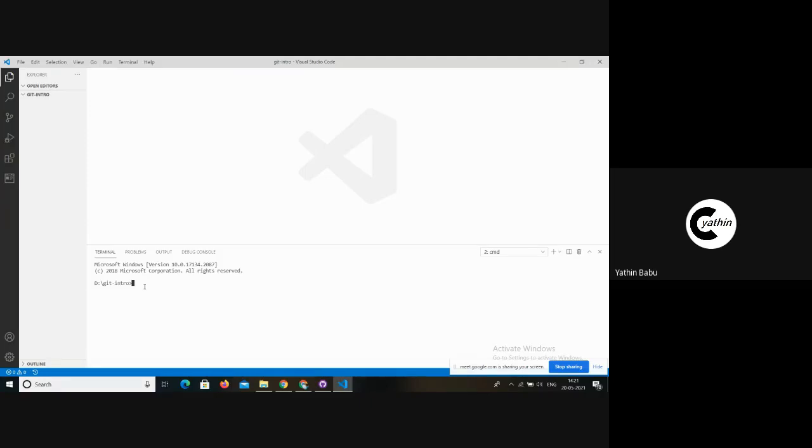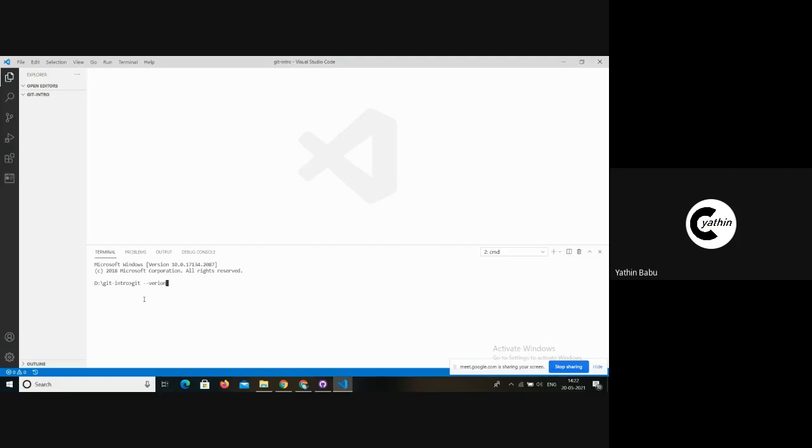After installing Visual Studio Code and Git, we should first check whether Git has been properly installed and whether we are working on the latest version. To do that, have a look at the command line interface.